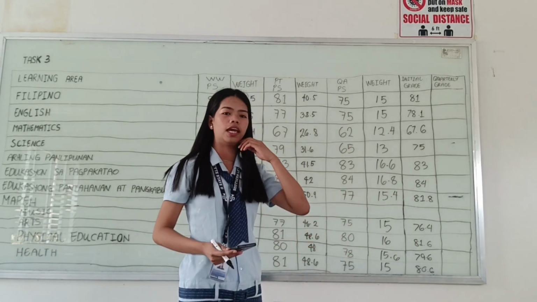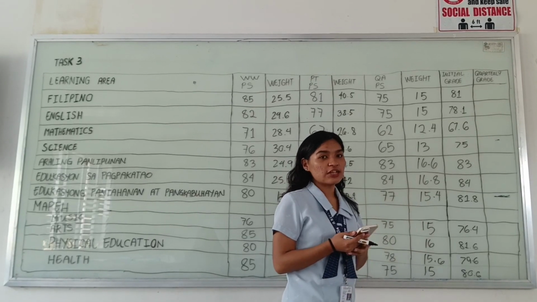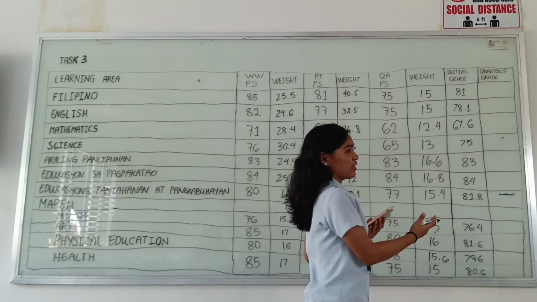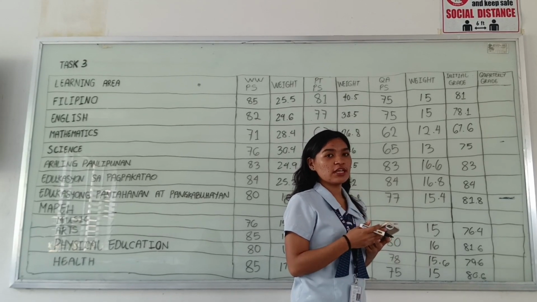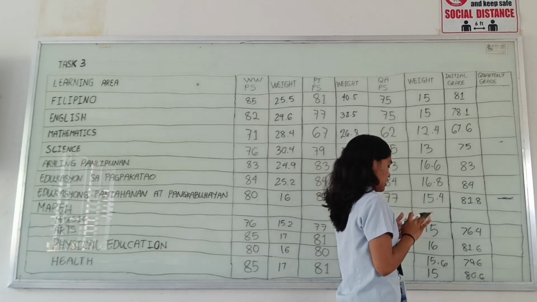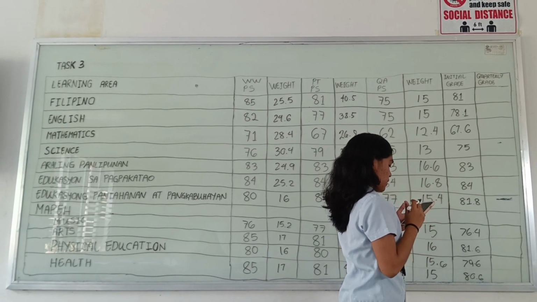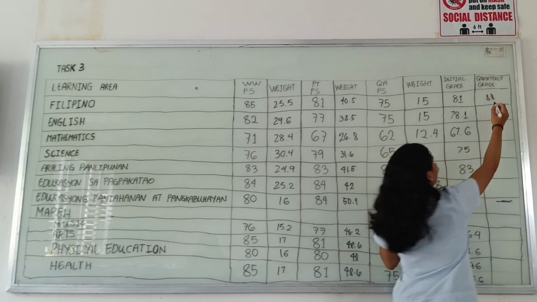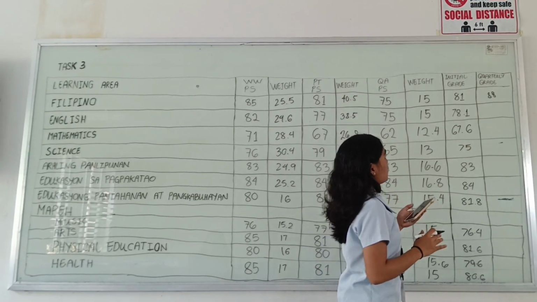So these are all the computed initial grades of Rico. These initial grades will be transmuted so that we'll have the quarterly grade. In transmuting these grades, I am using the DepEd transmutation table. So it is indicated here that the grade 81 will be transmuted to 88. So the grade 70